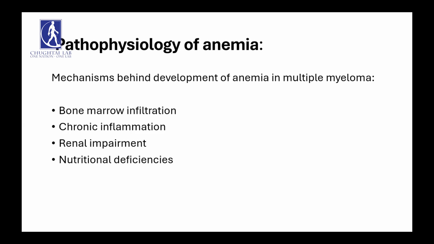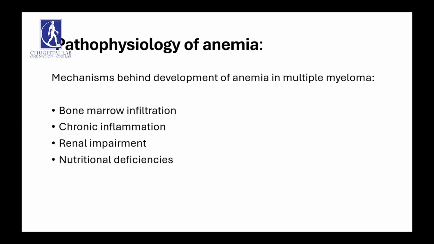Renal impairment, or renal failure, due to the deposition of free light chains within the renal tubules. There is a specialized hormone called erythropoietin, which is secreted from specialized renal tubular cells. This hormone is required for the process of erythropoiesis. So what happens is that due to the renal impairment, the synthesis of this hormone is also affected, which ultimately affects the process of erythropoiesis. Nutritional deficiencies,